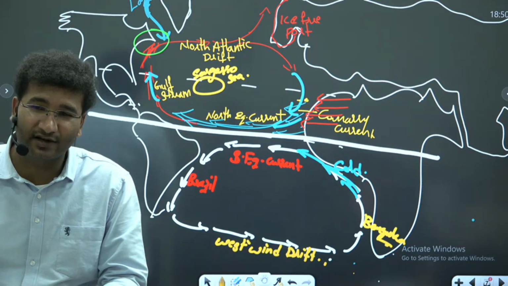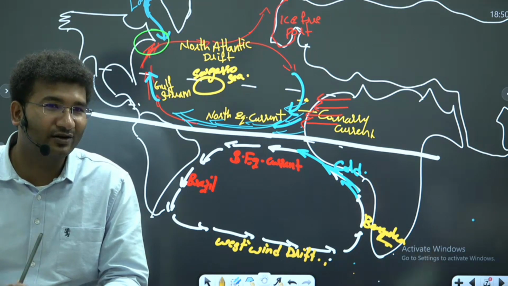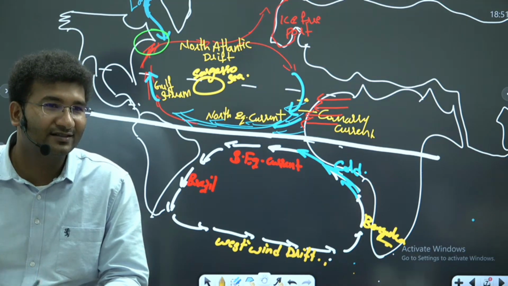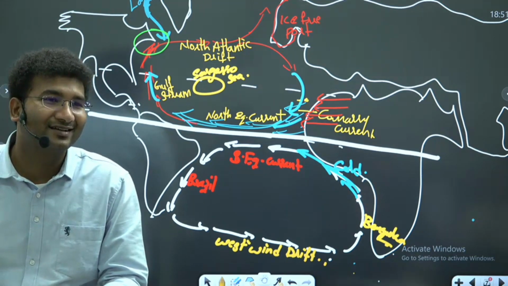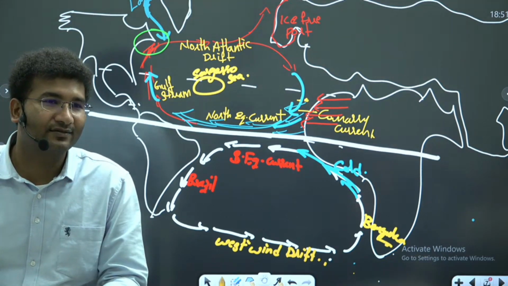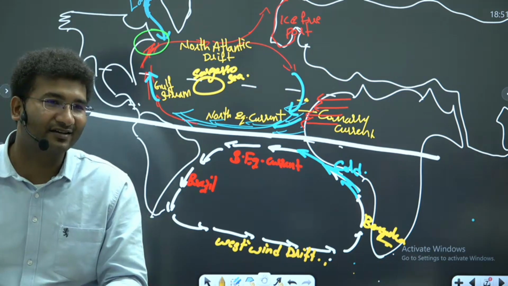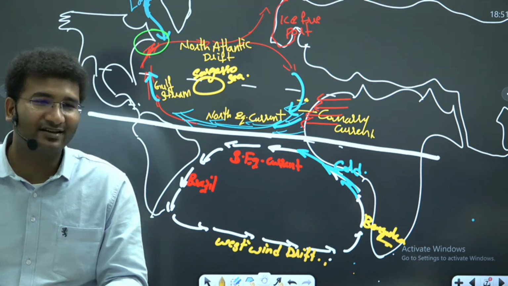degrees north and south latitude. What do you have? Doldrum. What is doldrum region? Winds? Yes, cold winds? No cold winds. Doldrum is a region where the winds are not much active. Yes, where the sailing ships get stuck there. They cannot move. Why? Why do the sailing ships get stuck there?